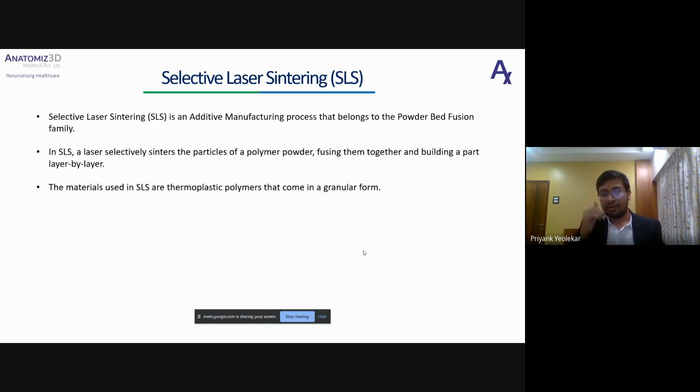There are different kinds of materials which are converted into their powder form, and that is used to print your part. In this technology also, they use a laser which is directed on the powder, and with the help of that laser's power, you can fuse two parts together with the pressure. So that is how the SLS technology works, and that process of pushing two layers on each other is called sintering. That is how the name is selective laser sintering.